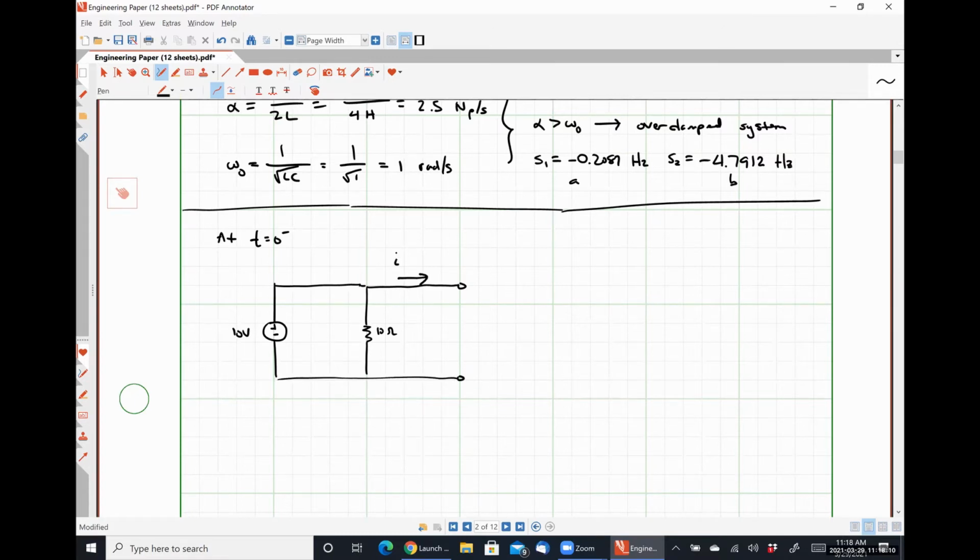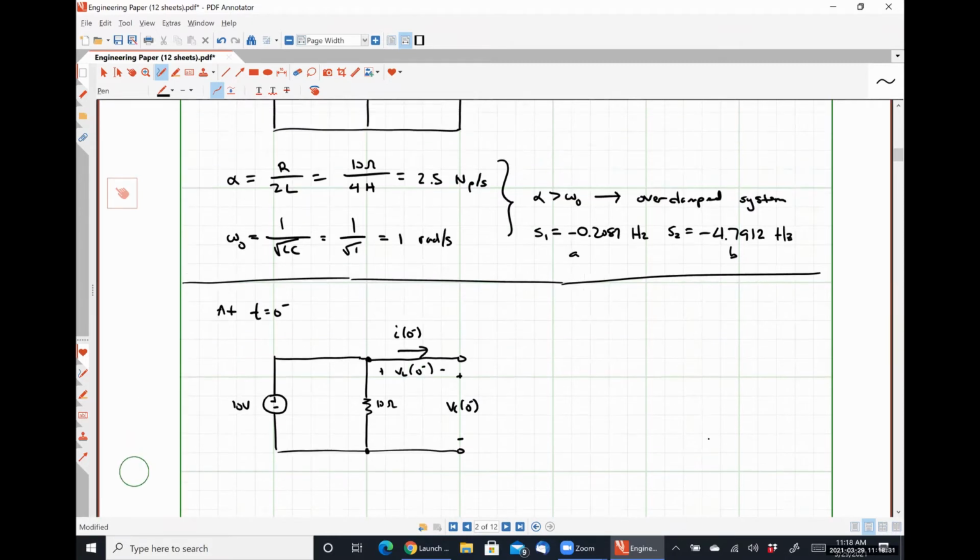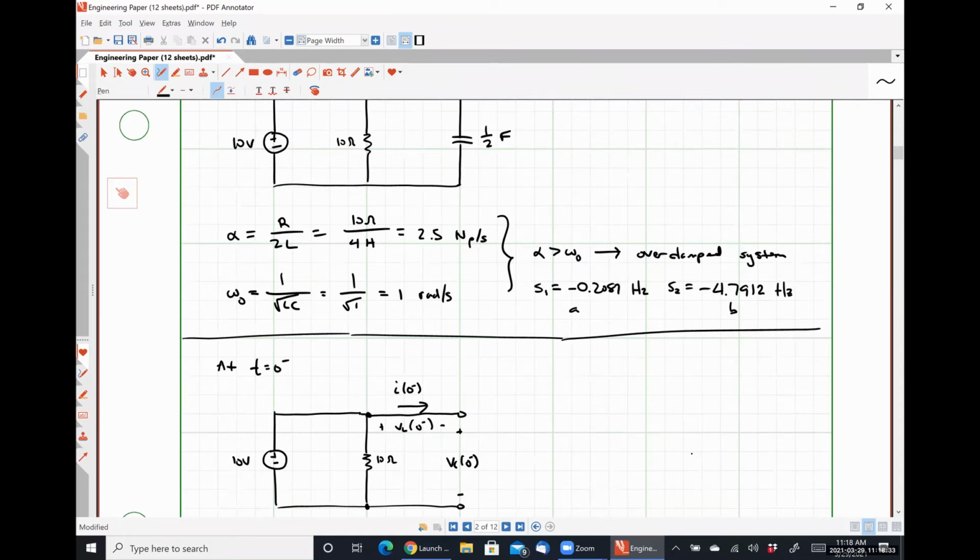Here is our common current, I at 0 minus. Here is our inductor voltage, VL at 0 minus. Here is our capacitor voltage, VC at 0 minus. And again, the resistor doesn't play a part. But let's cycle back up to our beginning